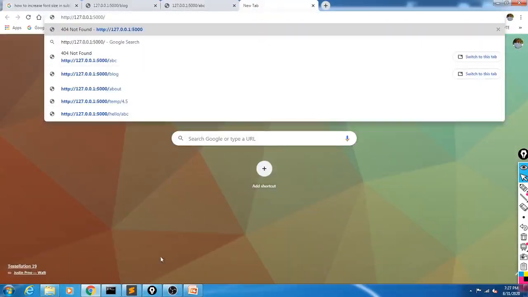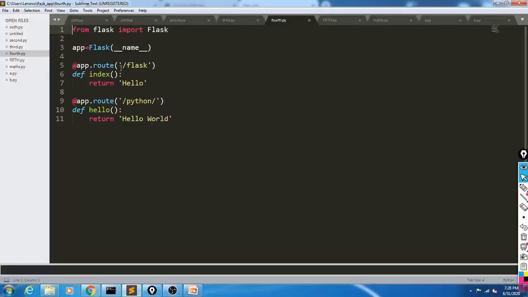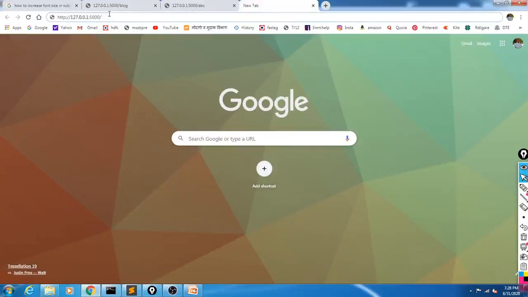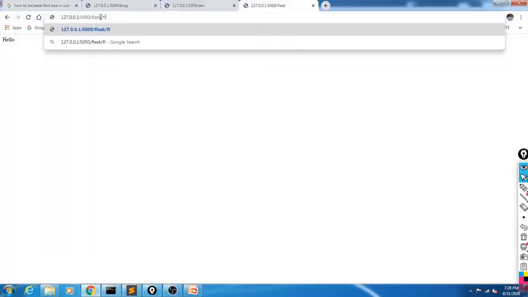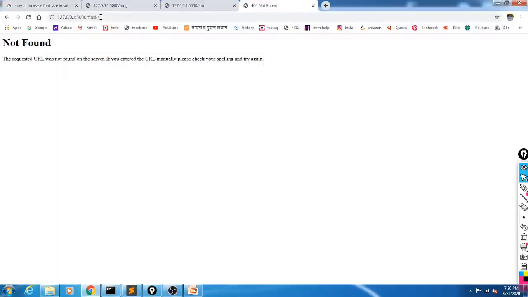Okay, and what type of URLs have we given here? Slash flask without the last slash. Okay, so right here flask. So what it returns here is hello, because we have given here the contents hello. And when we write this URL like this, look here, flask and then slash.